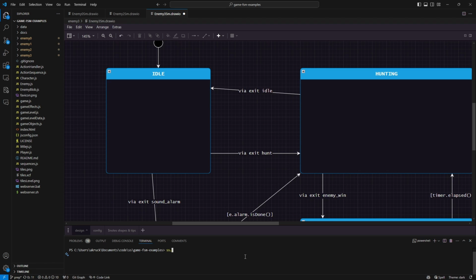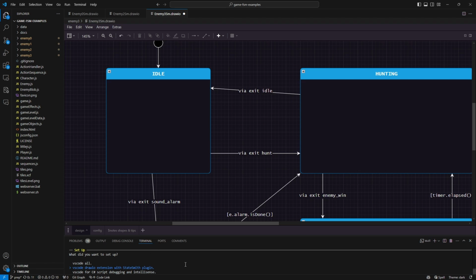But we're going to use the draw.io VS Code integration here. If you're new to StateSmith, I recommend not using the VS Code extension just because there's more edge cases to be worried about, so I wouldn't do it initially. But we're going to show it here first because it is highly convenient. Gotta click on the terminal before I can hit enter. We're going to go to set up VS Code for StateSmith and CSX files. Now, we actually don't care about C# script debugging in IntelliSense, but we do care about the draw.io